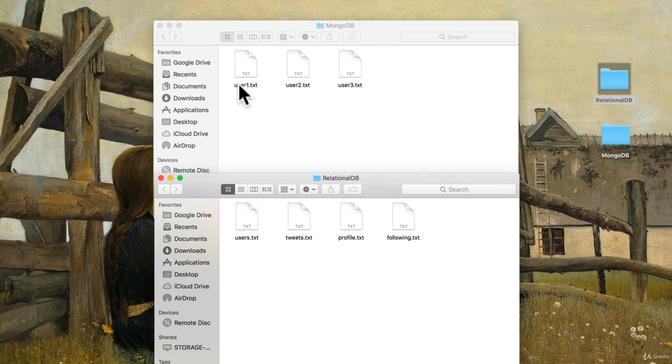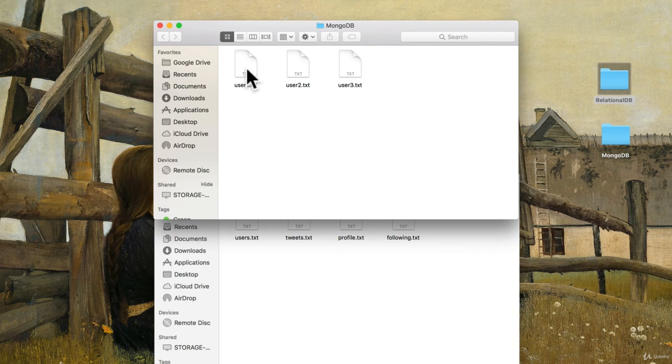You can see this MongoDB way being very useful if you had something like a profile, maybe a LinkedIn profile. But if you needed something where you're working with just following data or just tweets data, maybe with the tweets, you want to see what is the average tweet size. Well, it's really easy to just grab this file and calculate that versus this way where you might have to extract it from each one of the users. So it really depends on your needs.